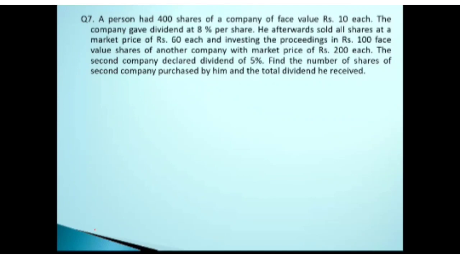Whereas the first component is to calculate the number of shares with respect to the second company. So this is the question. Just take down the question so that after that we can proceed with the solution. The two parts of the problem are the first company and second company. So one by one we will go for each of them. First of all, we will do it for the first company, and after that we are going to look at the second company. Just make the question first of all. After that we will see what is to be done.